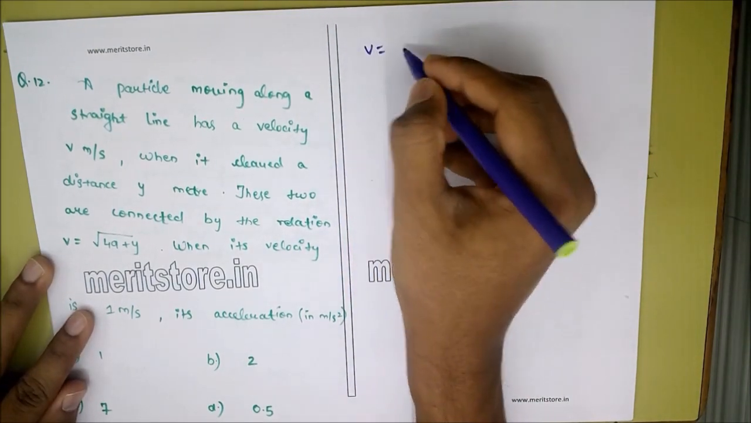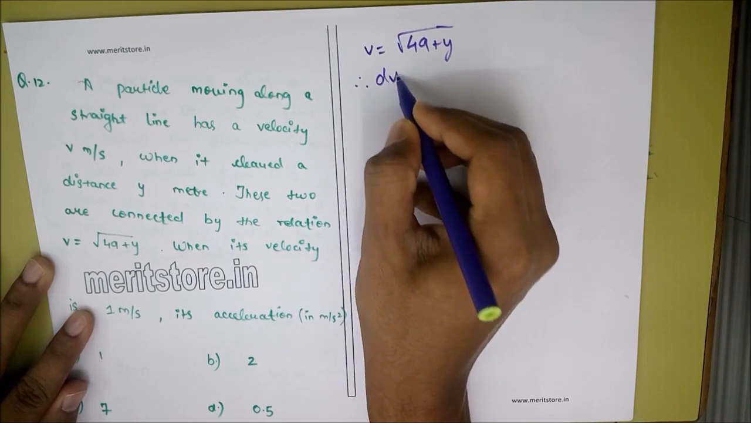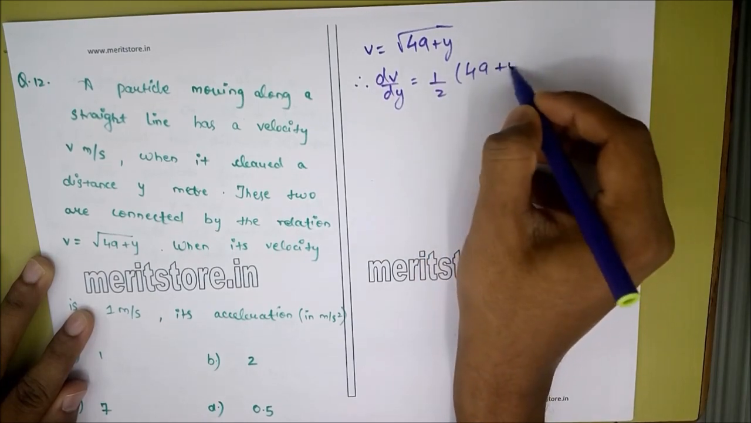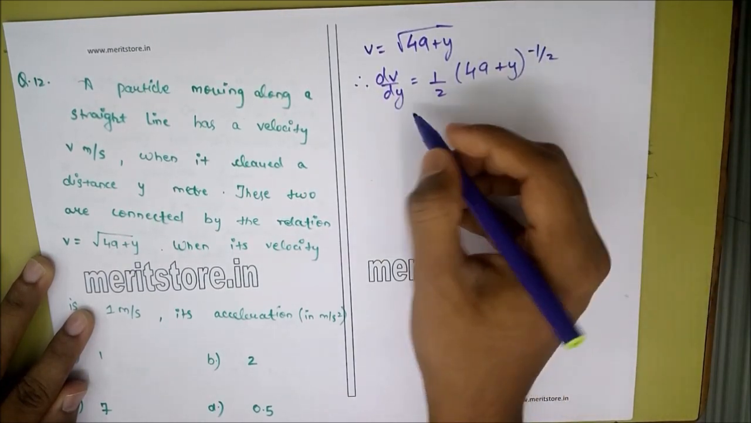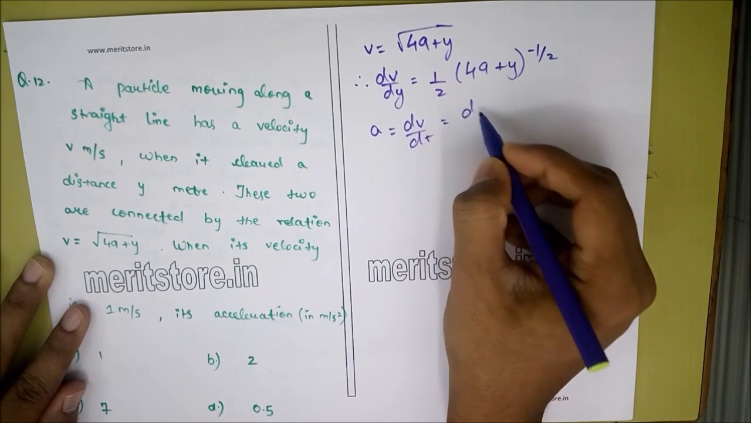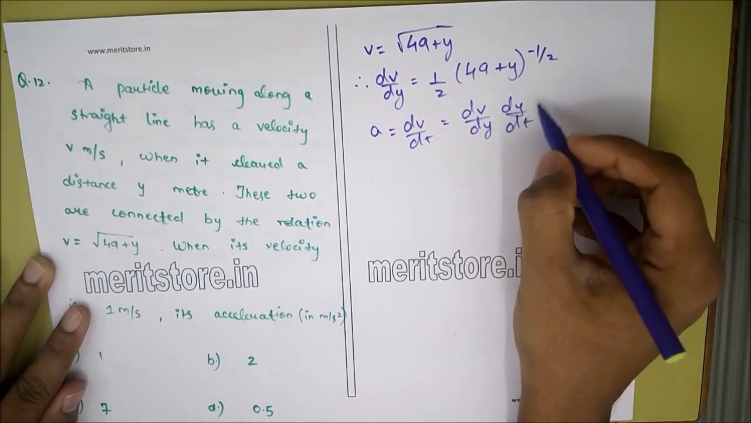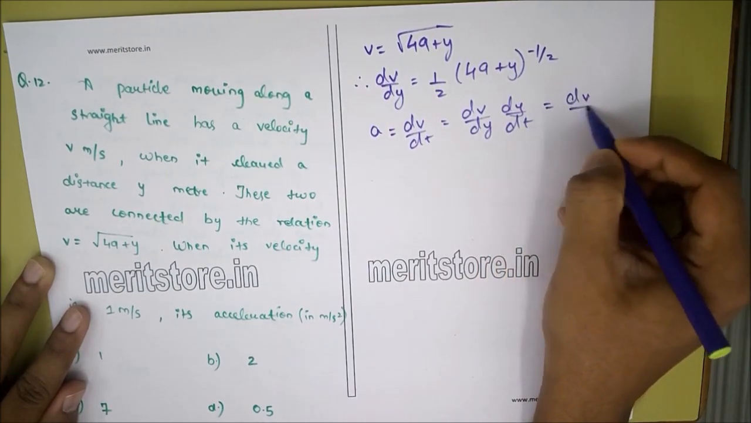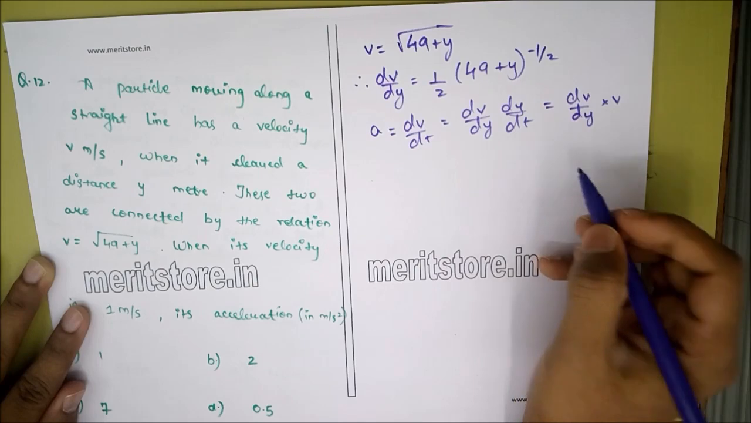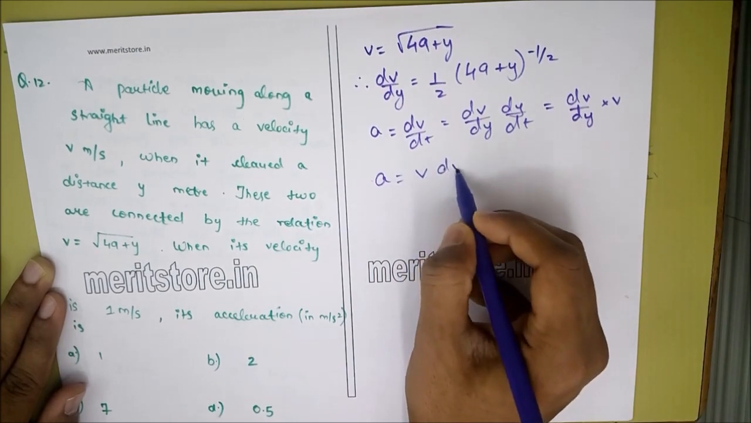The velocity is given by the relation v equals root of 49 plus y. So dv by dy can be written as half of 49 plus y raised to minus half, and acceleration, which is given by dv by dt, can be simplified as dv by dy into dy by dt, which is dv by dy into v, since dy by dt is nothing but the velocity. Hence acceleration is v times dv by dy,